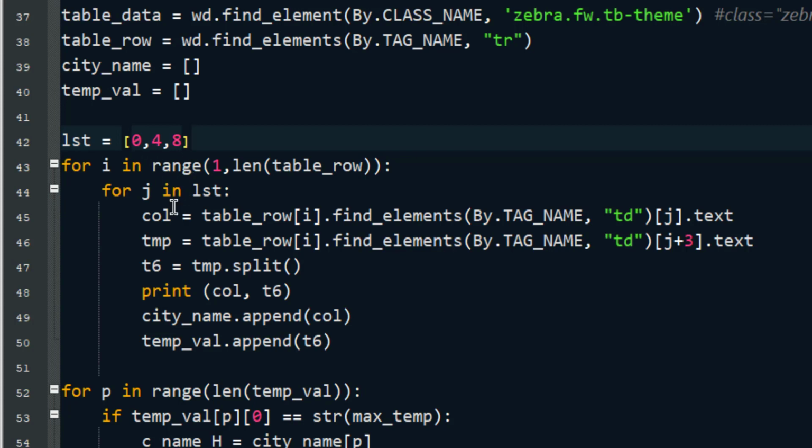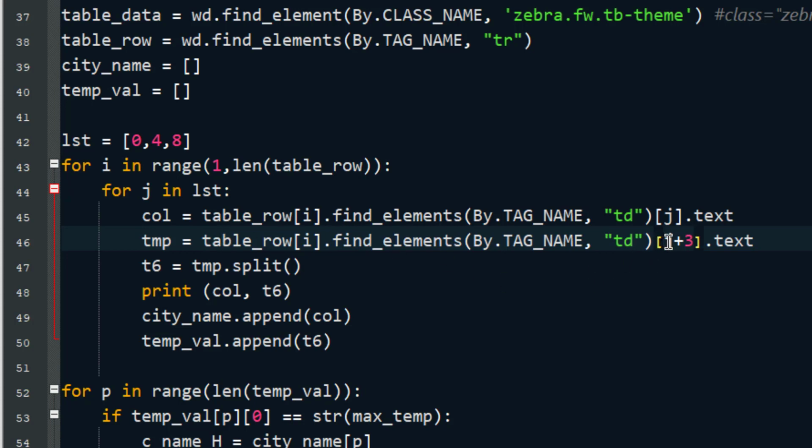Additionally, this column will give me the name of the place, but to store the temperature, I already have stored the temperature, but this will give me a synchronized temperature and place, so that I can run an algorithm to find out the corresponding place name.